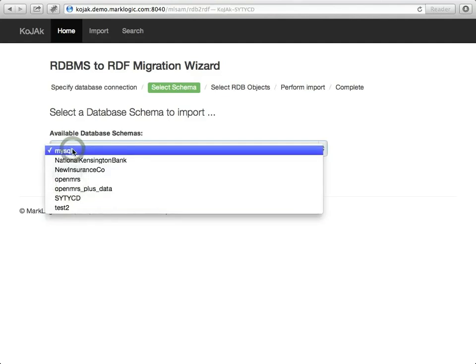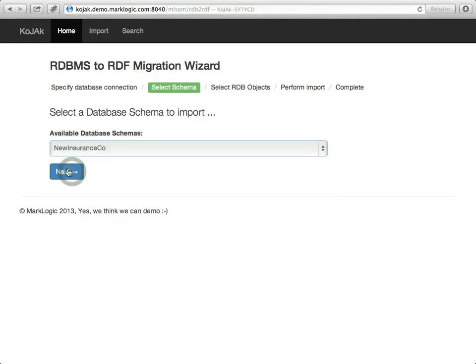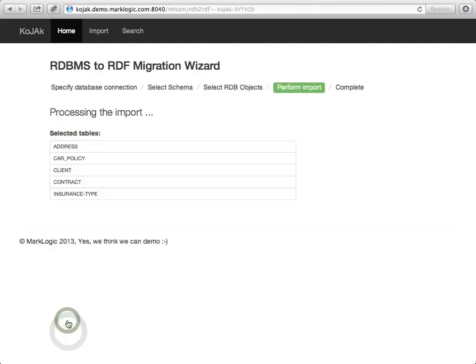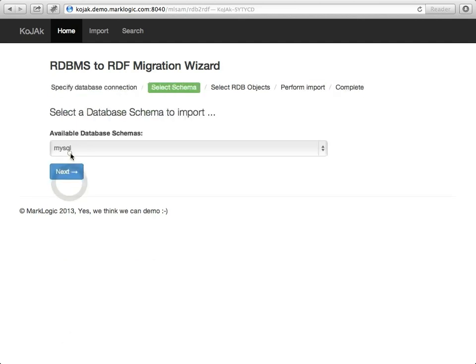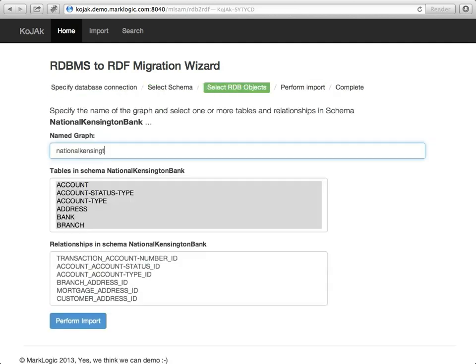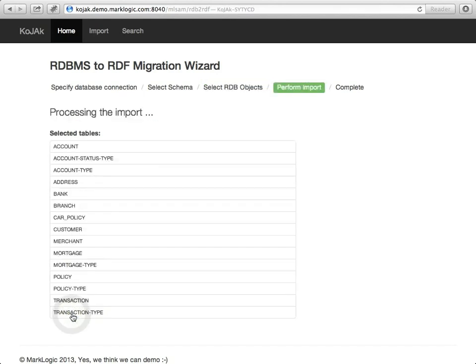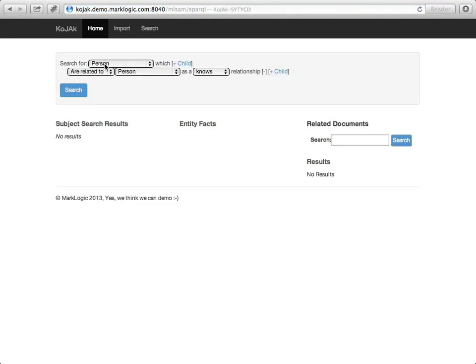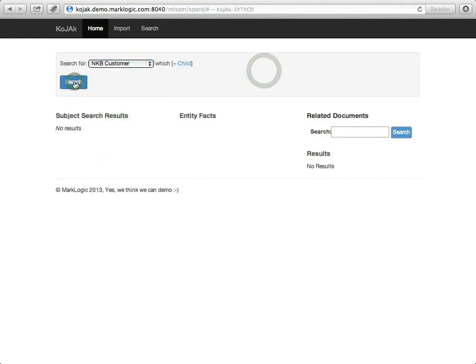The New Insurance Co. and the National Kensington Bank ones. Okay, I'll import everything in the New Insurance Co. one first. Yeah, right. Like you can just import data as is. Watch me, Ken. Wow, that was quick. You betcha, Ken. Now for the other one. Done. Now let's take a quick look. Here you go, you see, all the data ready to explore.